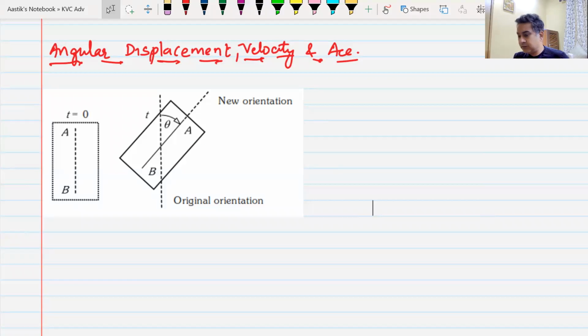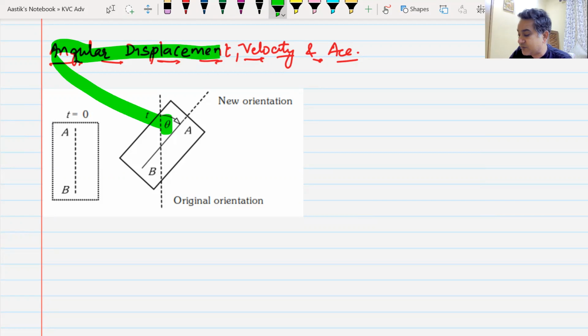Now see, we are talking about rigid bodies, so we must take their shape into consideration. It is like this. Remember, its orientation has changed by angle theta. So this theta becomes your angular displacement. Do we understand this? Yes, sir. So this is angular velocity. We have seen this angular velocity in circular motion. It has the same meaning. The only thing we have to understand is that there is an axis of rotation.